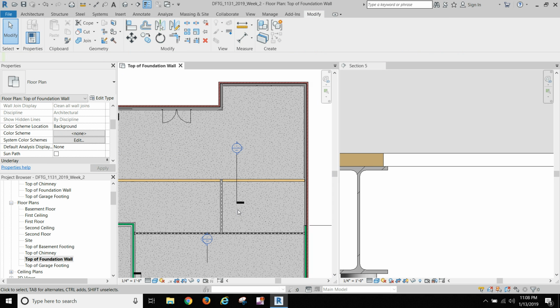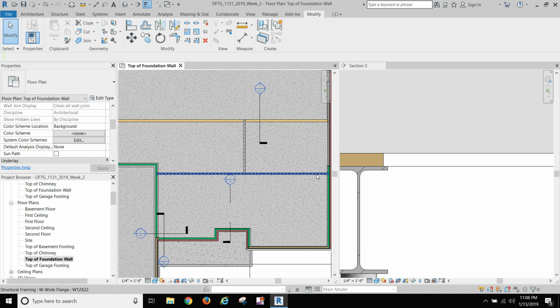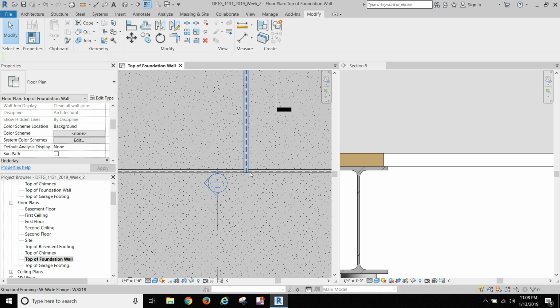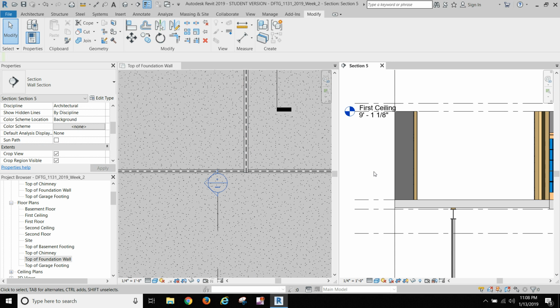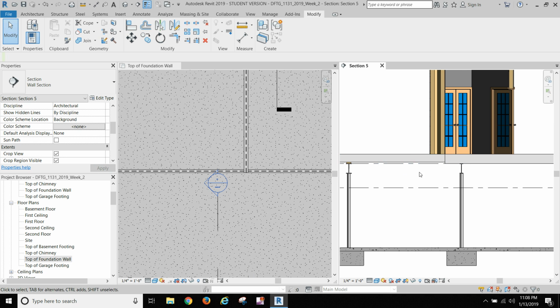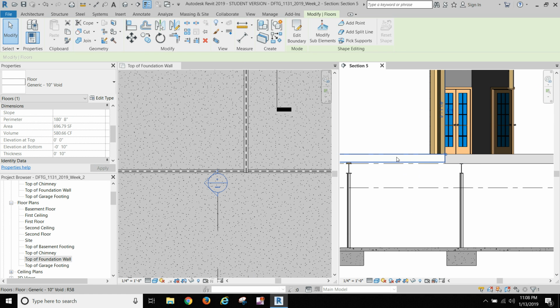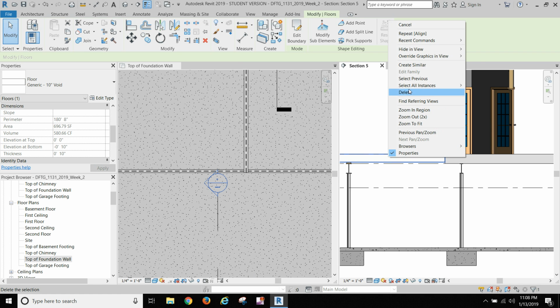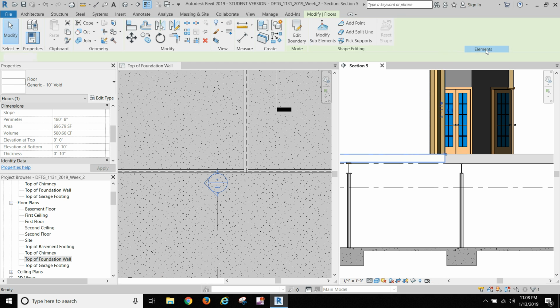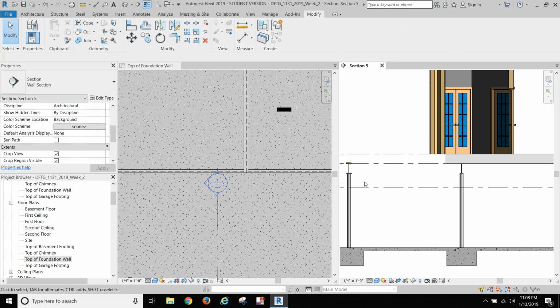Okay. And so now you're going to want to do the same thing across this beam with a 2x4, but we want to split it right there in the middle because these beams are welded on top. And I think, let's see how it works. Oh, you may not be able to see it until you hide that beam there. But if we take this and if we go hide it in the view,